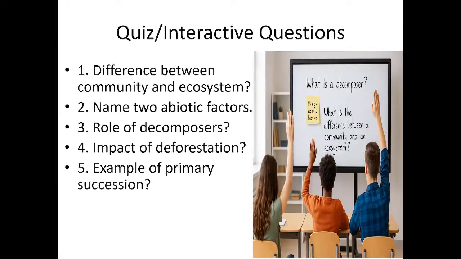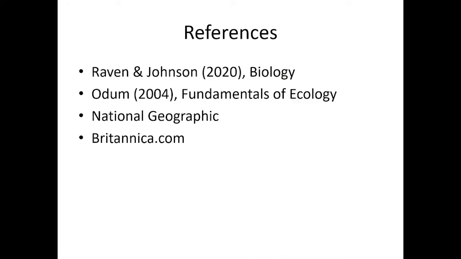And as a kind of interaction, quiz and interactive questions: you should be able to know the differences between community and ecosystem. Then you should be able to name two abiotic factors, and what are the roles played by decomposers. What are the impacts of deforestation? Then an example of succession, you should be able to give that. And these are the list of